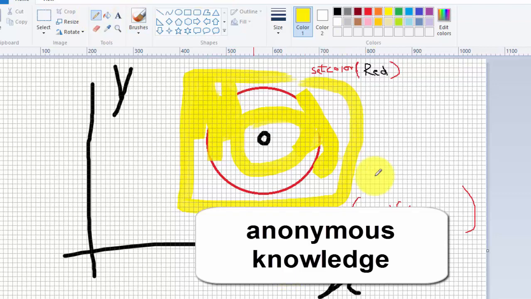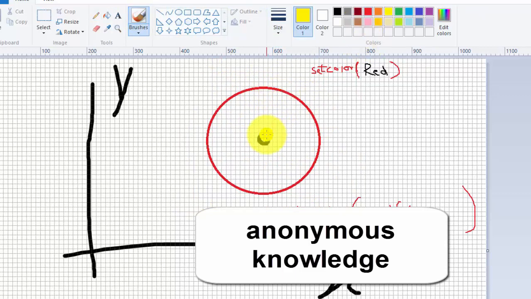It will fill the whole window, because we have to pass a parameter while using floodfill. We have to write here floodfill. While using floodfill, we have to write the default color, and that was red, so that it cannot exceed the border of the circle, and it will fill the color just inside the circle. See, so it will not exceed, it will just fill inside the circle by using floodfill. And here you have to write the color that you have defined in setcolor.